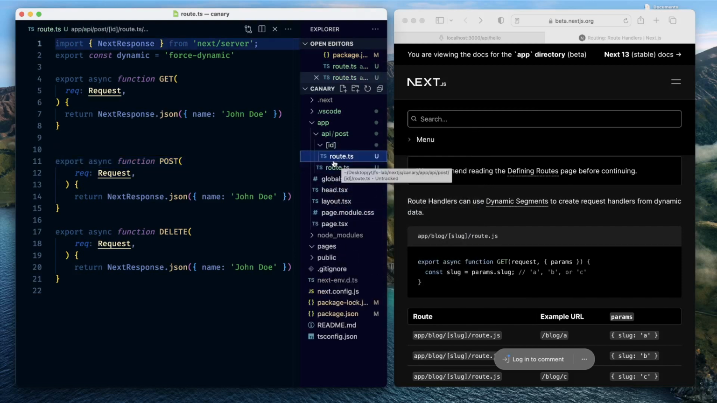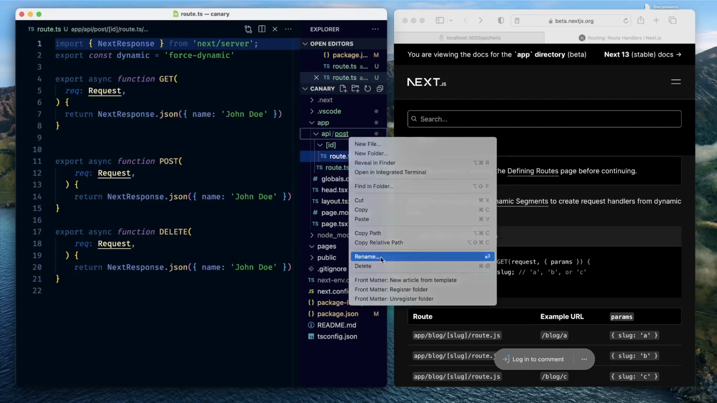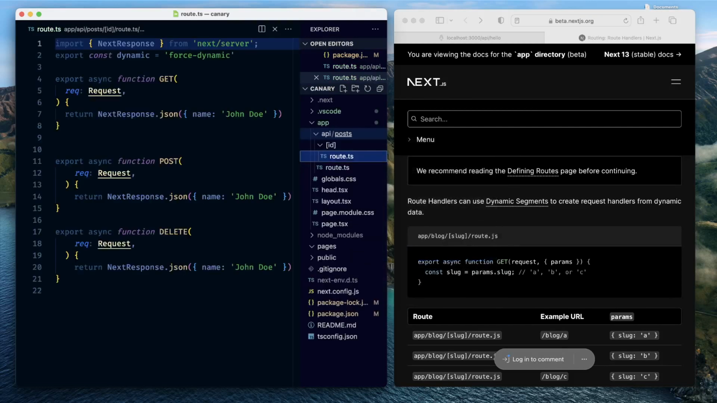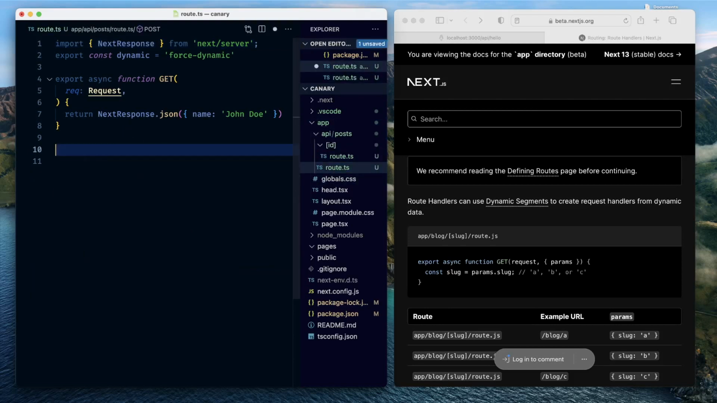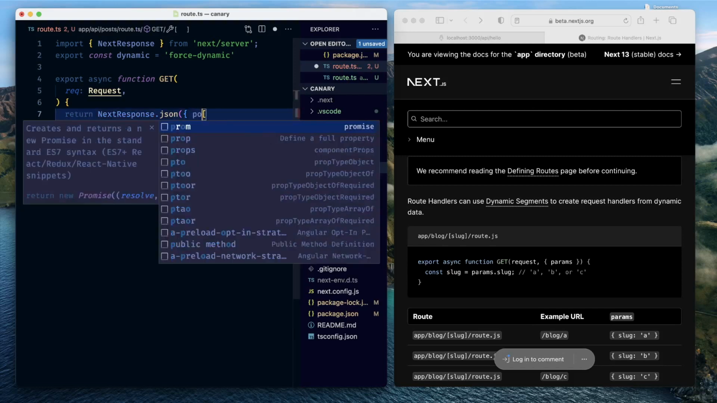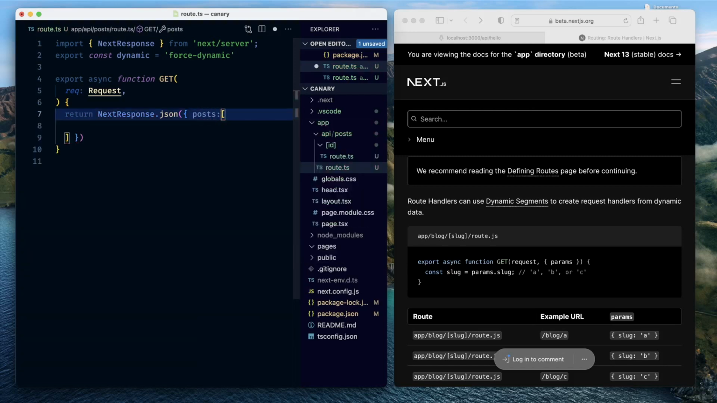The route is over there. And here, change this to posts. Now we'll just leave one of the GET handlers over here, remove this, and let's return an array with posts. All right. And here we'll just return objects,